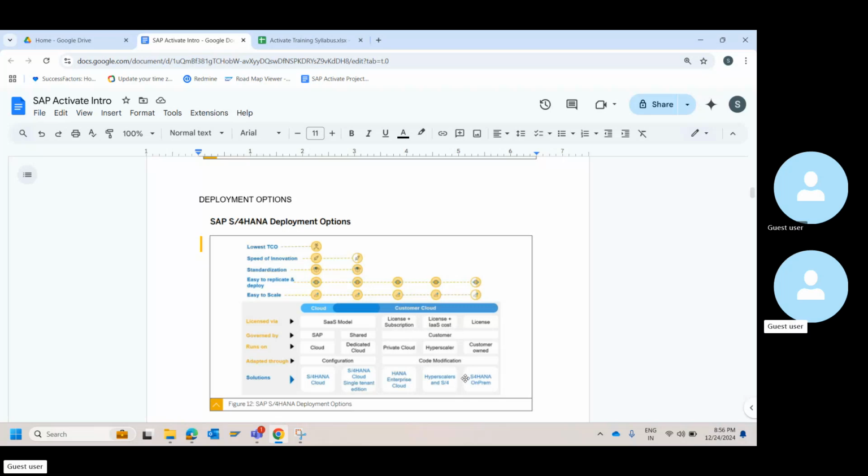Then comes your hyperscaler, which falls under infrastructure. Hyperscalers are basically infrastructure as a service, and that comes with the license, meaning the license is for SAP only. Then comes your S/4HANA on-prem, where you only have to take a license for SAP, and the rest of the things, which is owning your infrastructure, all of that, you take care of yourself. This is something that you have to understand. You can probably go through it later.